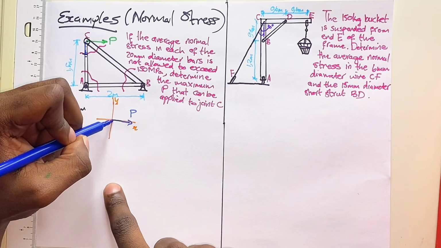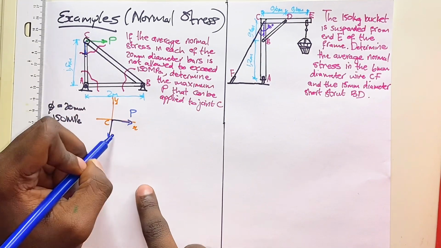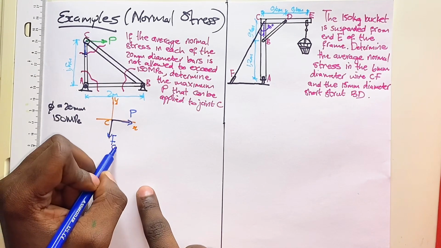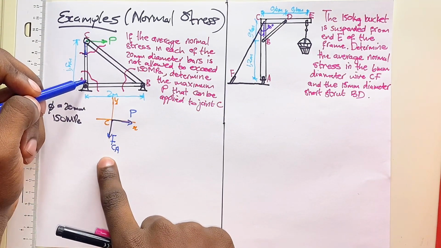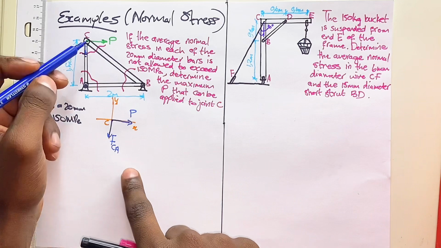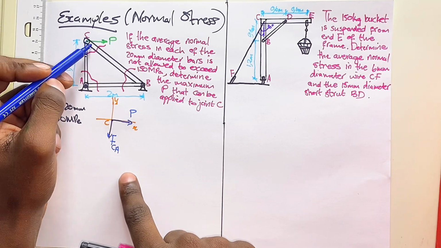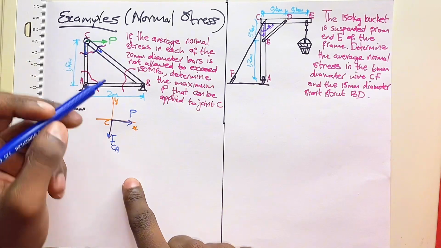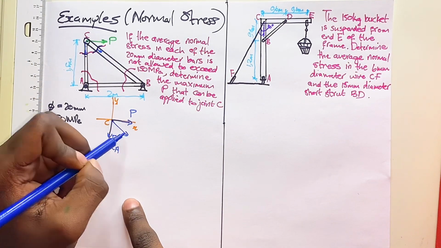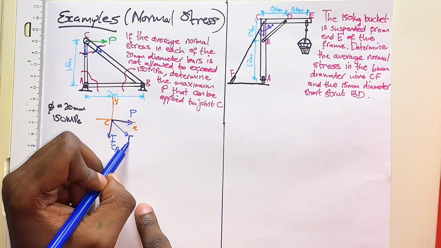So you will have a force that is CA, that goes down from C to A. Now also you will have a force in this section. When you cut it, there will be a normal force inside here, and we'll call that force